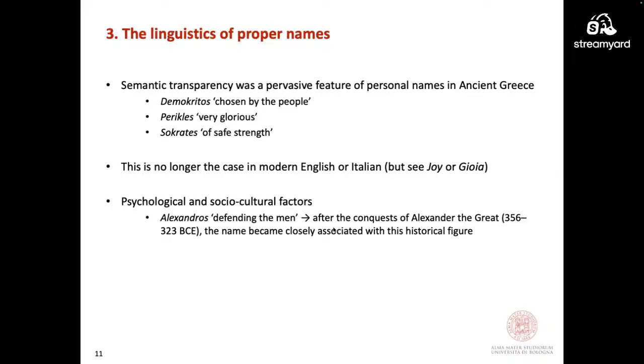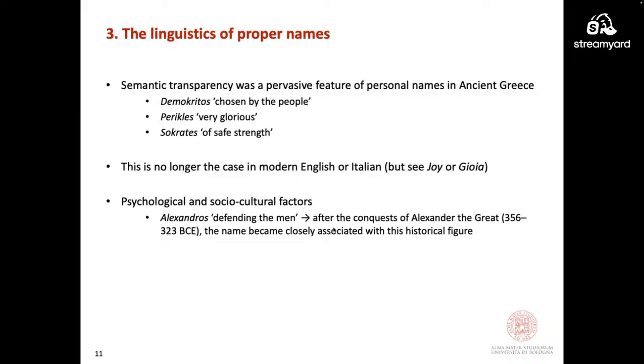So, for example, Democritus was a transparent name, was the one chosen by the people, and so on. Pericles was the very glorious one, and Socrates was the one of sure strength. But this is no longer the case in modern English or Italian, for example, unless you are a philologist, of course, or unless you have a very transparent name, such as Joy or Gioia.